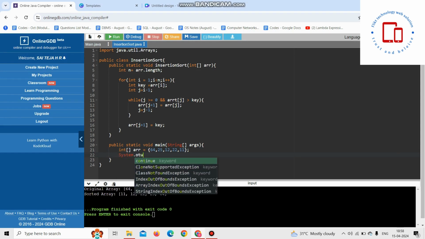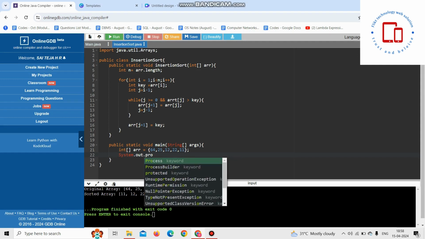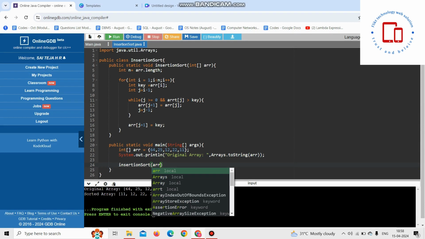System dot out dot println, original array comma, Arrays dot toString of arr. Now I am going to call insertionSort of arr,